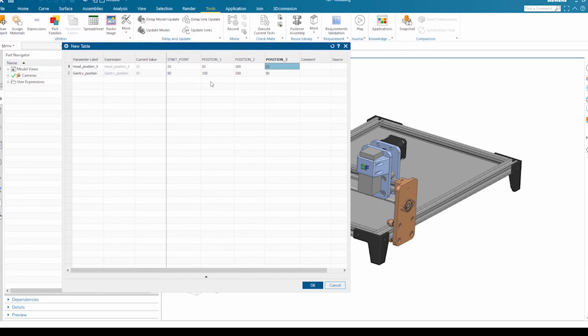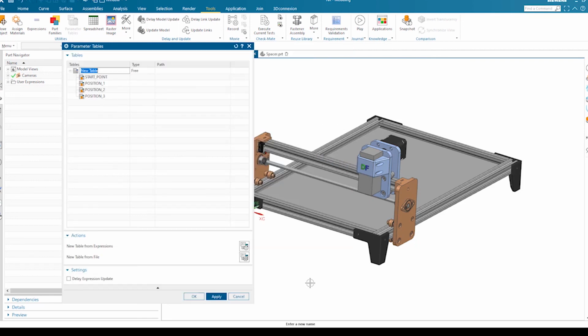For position 3, 150 and 350, and click OK. I want to create a name for the table. It will be CNC position.